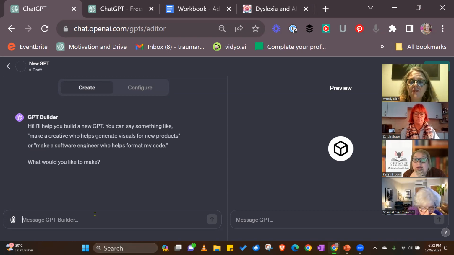Oh, it created the image rather than gave you a list. Well, it gave me an image as well. Is the image the logo? Yeah, you can change it. Yeah, but I think I need to help it a little bit more to understand what it's supposed to be creating.